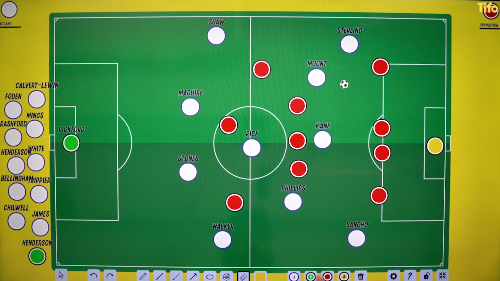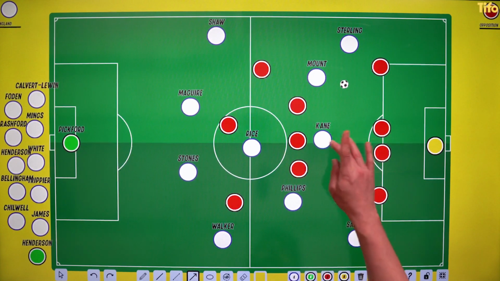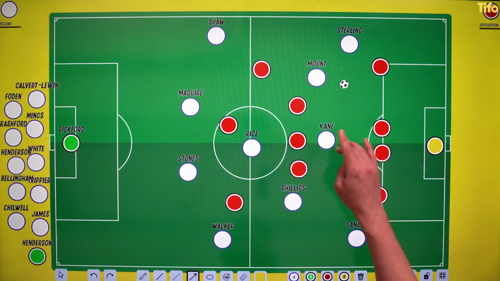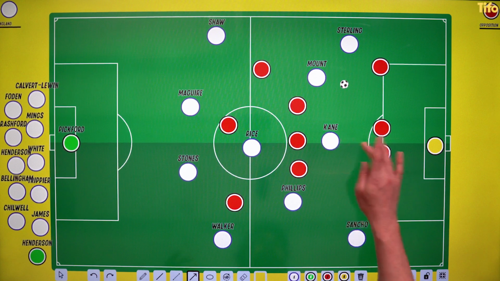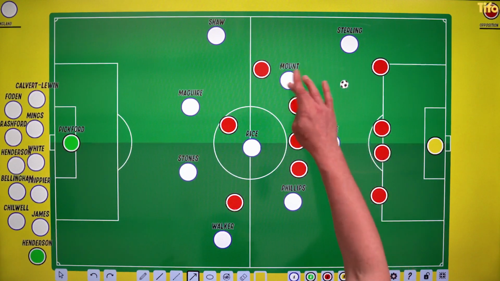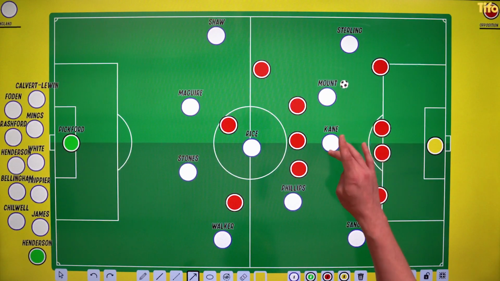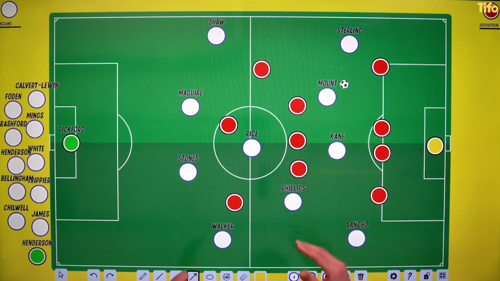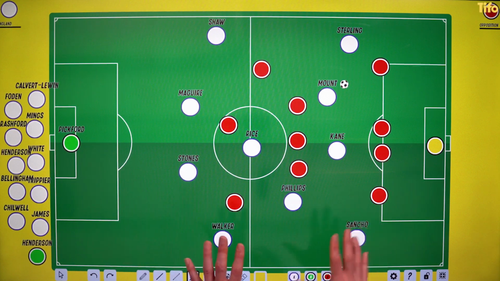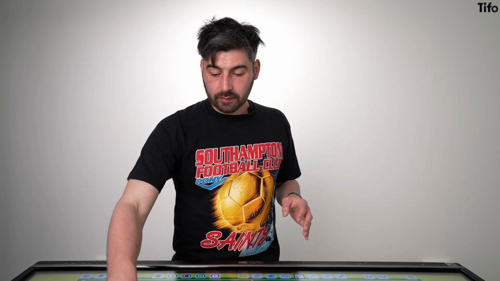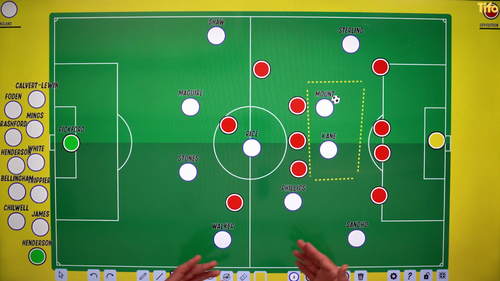And what this means as well is that England have effectively, I don't want to say two number 10s, because Kane is not a 10. He will spend a lot of his time up here. And Mount is not a 10 because he spends a lot of his time as an 8. But they have two players that can both occupy this space here and act as a 10, even if that's not their nominal position. And that again makes England quite dangerous, particularly if they manage to get the ball in this sort of area, whether that's Kane dropping off or Mount pushing up, or even Phillips pushing up.